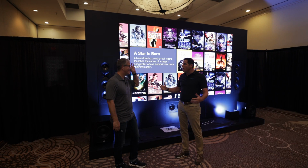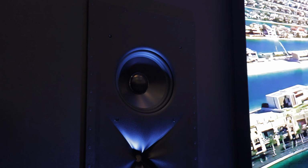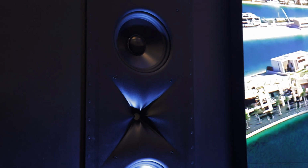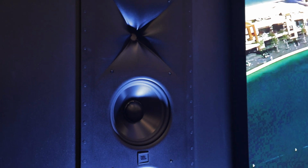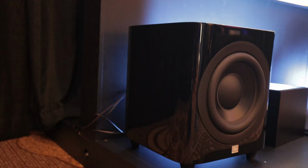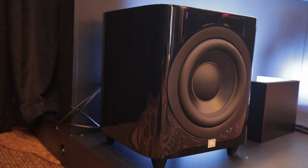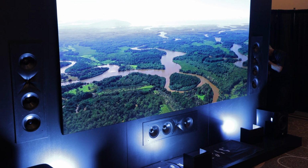And it's paired with a JBL Synthesis system. So we've got the JBL Synthesis SCL-2s. These are within the JBL Synthesis family. Unbelievable. Three 8-inch mid-range woofers plus the 1.5-inch compression driver. We've got 12-inch woofers on each side, but the concept is to show an unbelievably massive TV along with sort